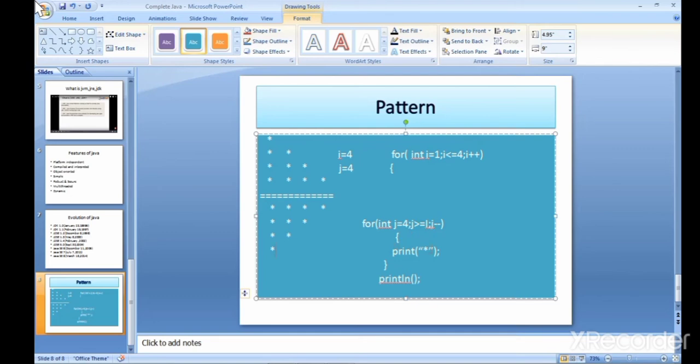So if you cross check it, first int I is equal to 1. After that we are checking the condition I is less than or equal to 4, and it is true. It comes into the second loop, which is int j is equal to 4, and j is greater than or equal to I, where I is equal to 1 and j is equal to 4, which is true.